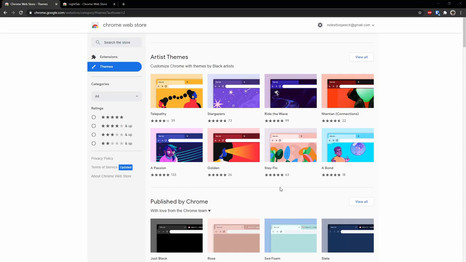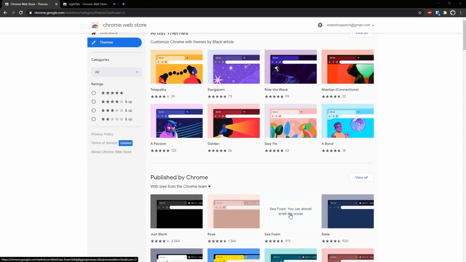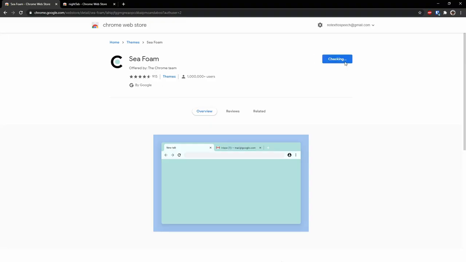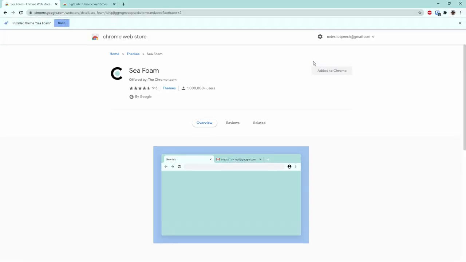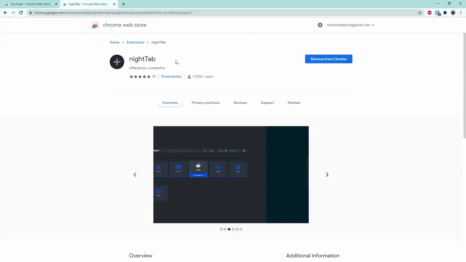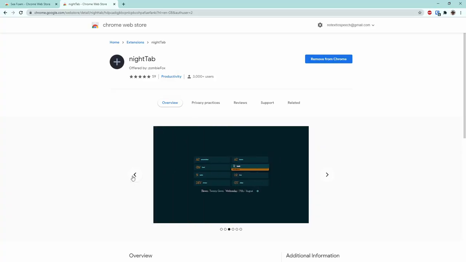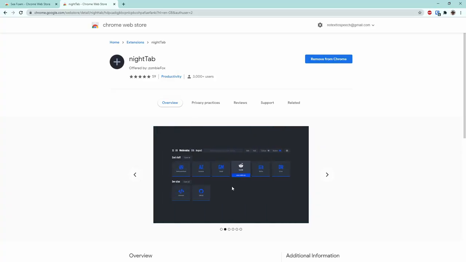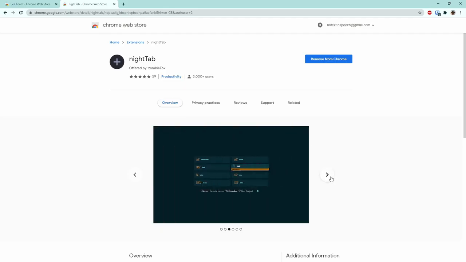Everyone and their grandma has tried to apply themes using Chrome. But honestly, it only affects the title bar. Billy Mays here with the nightTab. The nightTab is a home screen replacement that turns your home screen that looks like poo-poo into something that kind of looks like this,